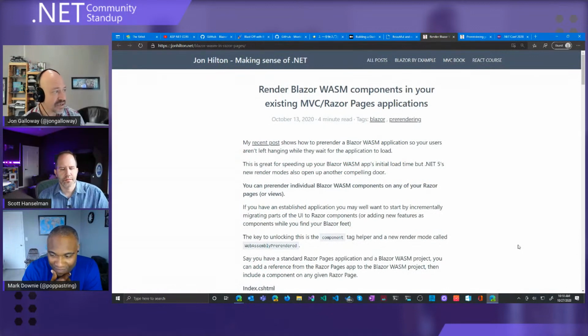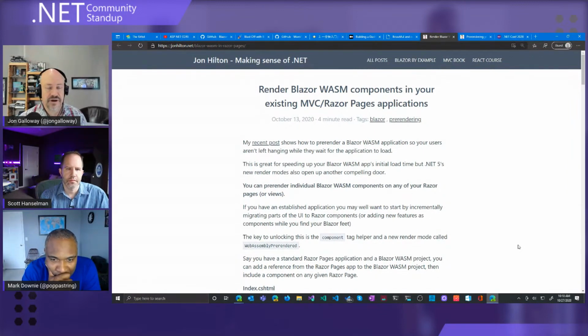We've got John Hilton. He's talking about integrating Blazor WASM components into your existing Razor Pages applications. A lot of the things you'll see will be, if you're forced to make a choice right at the beginning: I'm making a Razor Pages app, so I'm going to do this, or I'm making a Blazor app, so I'm going to do this. And what's nice is it's all web technologies and it all integrates together.